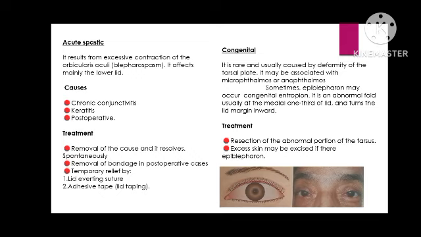And congenital type, it is very rare. It is usually caused by the deformity of the tarsal plate. It may be associated with microphthalmos and anophthalmos. Sometimes epiblepharon may cause congenital entropion. It is an abnormal fold, usually at the middle third of the lid, which turns the lid margin inward. Treatment is resection of the abnormal portion of tarsus, and excessive skin may be excised with the